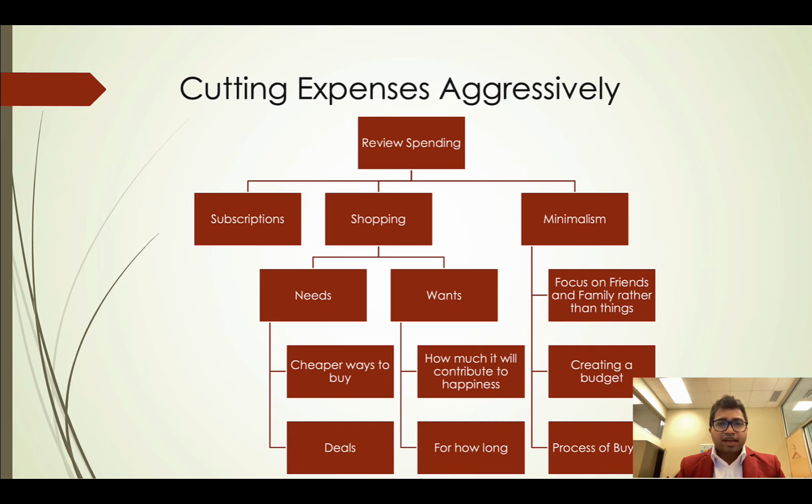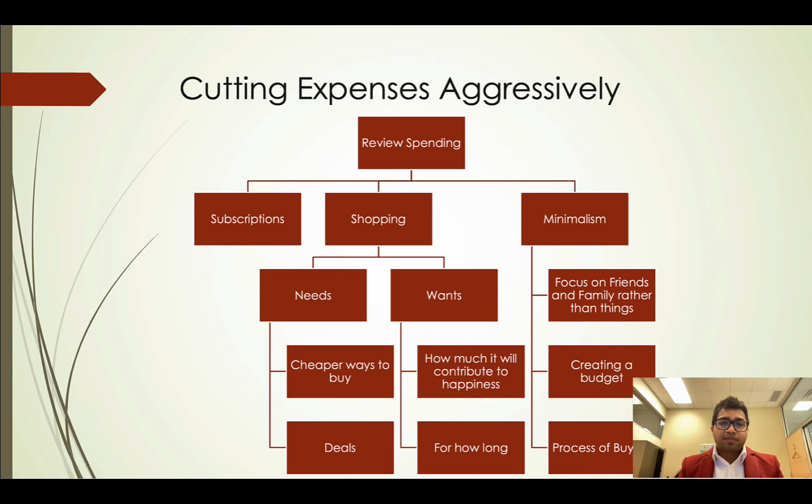It could be some online subscription or newsletter you were not even reading, or some video subscription that you're not watching. You will be amazed at how much we spend on subscriptions. So review all the subscriptions that you currently have and delete every subscription. And start again, start fresh.